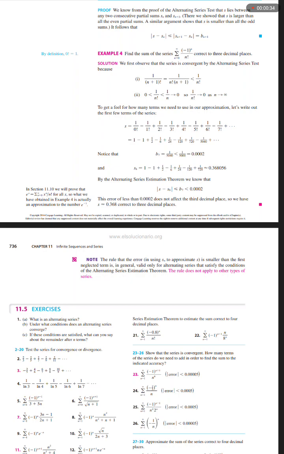Sidebar. By definition, 0 factorial equals 1. Solution. We first observe that the series is convergent by the alternating series test because, number one, 1 over (n plus 1) factorial equals 1 over n factorial times (n plus 1), which is less than 1 over n factorial. And number 2,